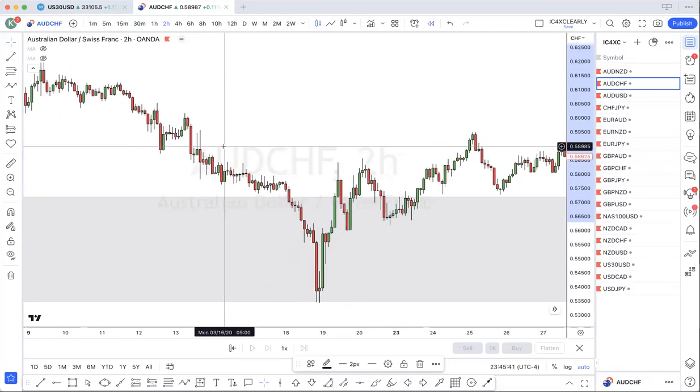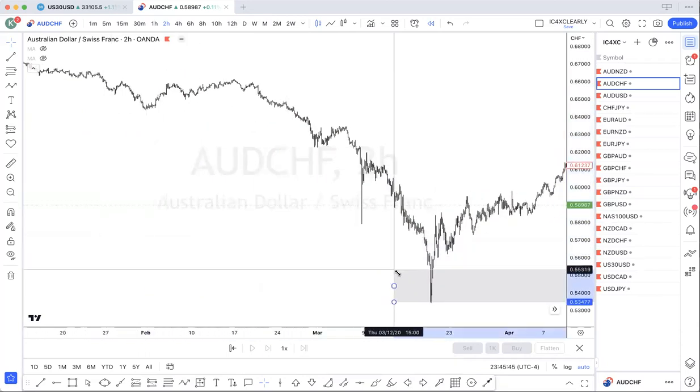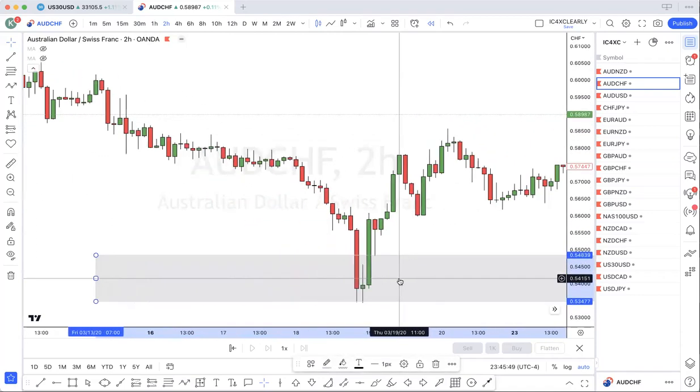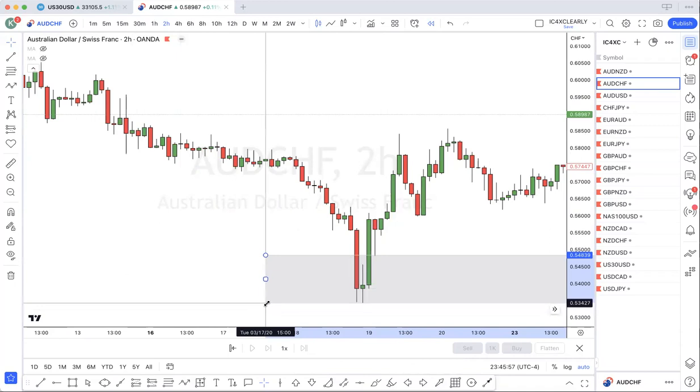And there we have it. So let's bring this down into the start of the imbalance. So from here to here is the imbalance. This would be the low. You would